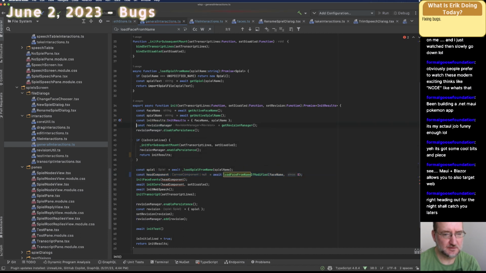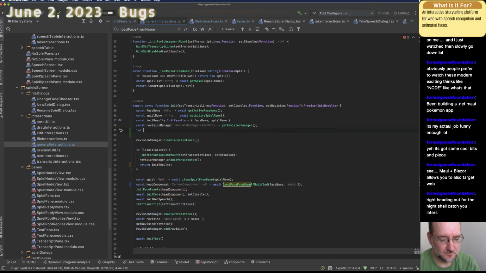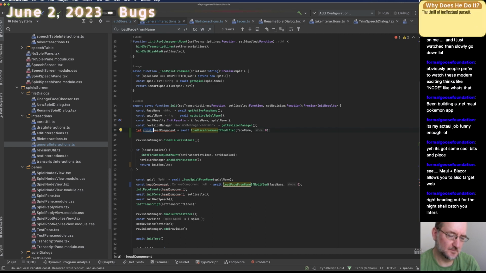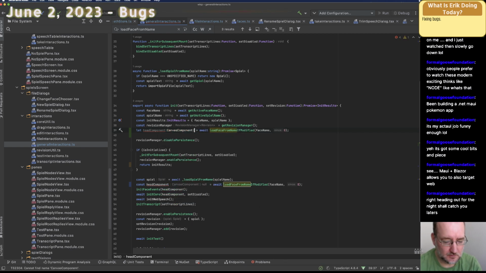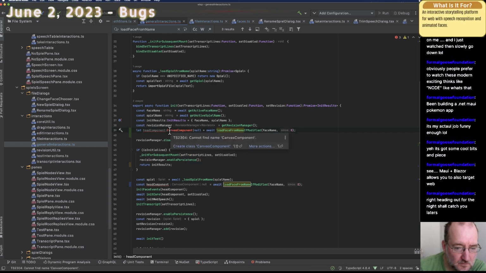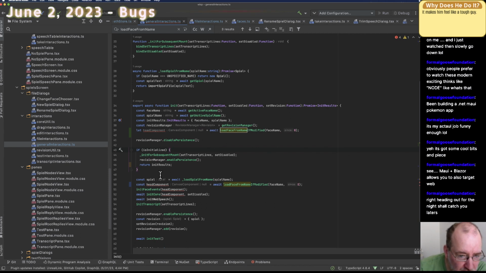Let's do maybe, oh, I see. Component or null. Do I need that? I don't really. Let's just go like this. That should do it. Down here,